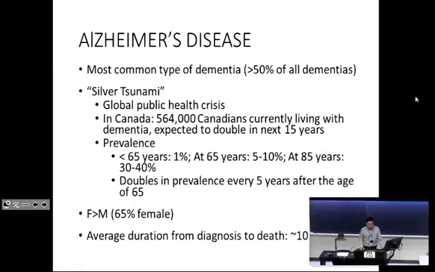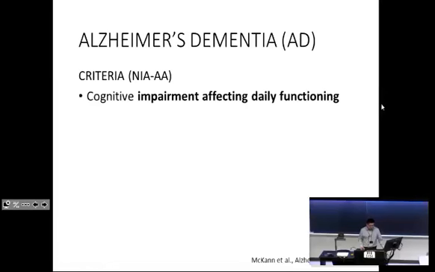For reasons that are still not fully understood, women do seem to be at greater risk, and this is even after controlling for the fact that certainly for our parents' generation and for our grandparents' generation, women tended to outlive men. And there are any number of theories as to why that might be. That is beyond the scope of this particular class.